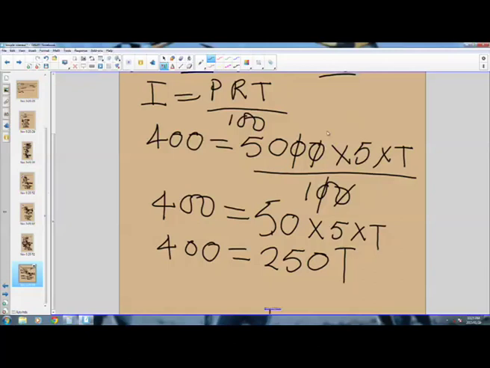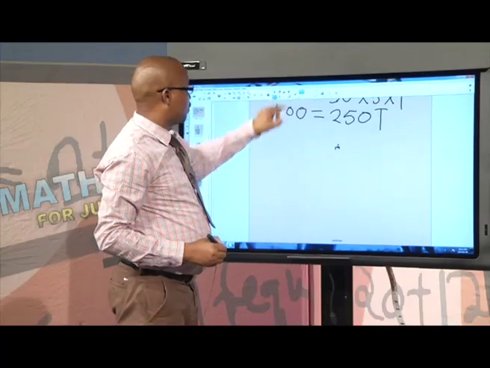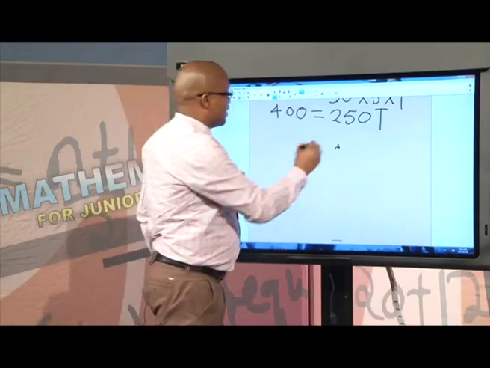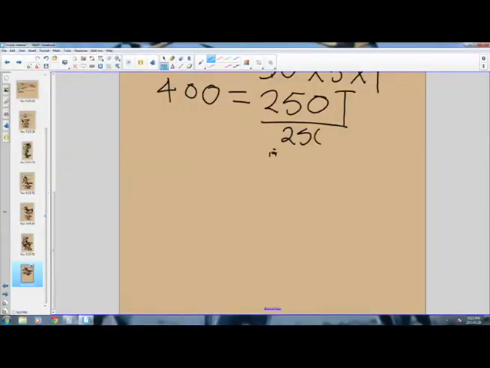We are solving for T now. So how do we solve for T? We divide both sides by 250 to find the value of T. We are dividing by 250 on both sides. Divide here by 250 as well. Now the 250 cancels this 250. So this side we are remaining with T equals to, and then we can divide by 10 here, giving us